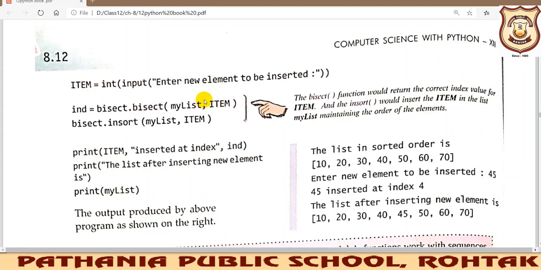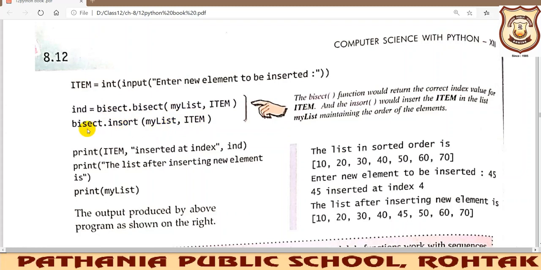The item will be compared with each element of the mylist list, and then the index at which position it should be inserted will be returned back and stored in ind. Once it has retrieved the index where it can be inserted, then bisect.insert will insert the item in the list mylist, maintaining the order of the elements. The order will not get disturbed, so in mylist, at that particular location, the element has to be inserted by the help of it.